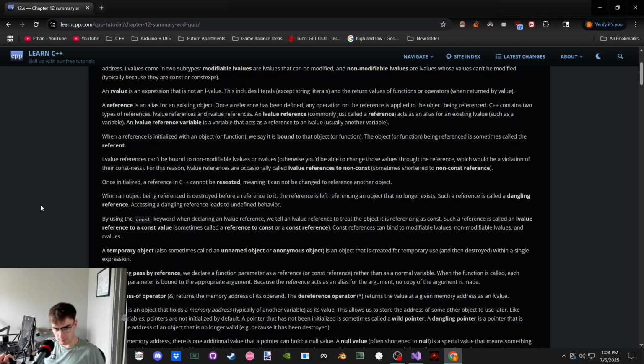Yep, we got a dangling reference. If we have a function that creates integer x with the value of 5, and then I return x, but the return type is an integer reference, the caller would use that return value, which would be a reference to x.